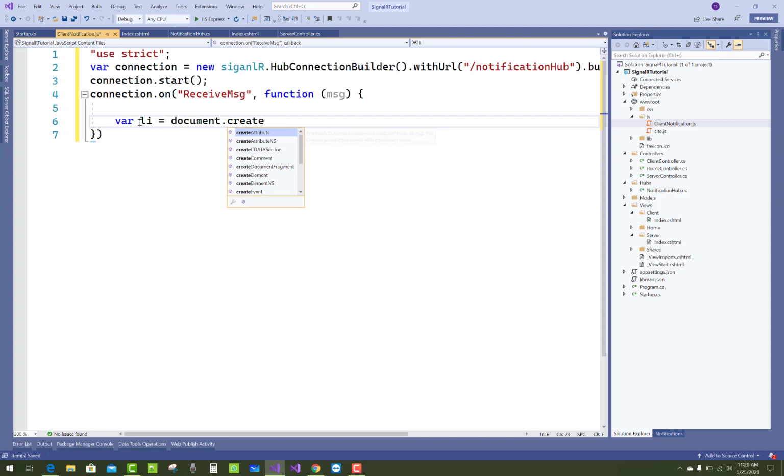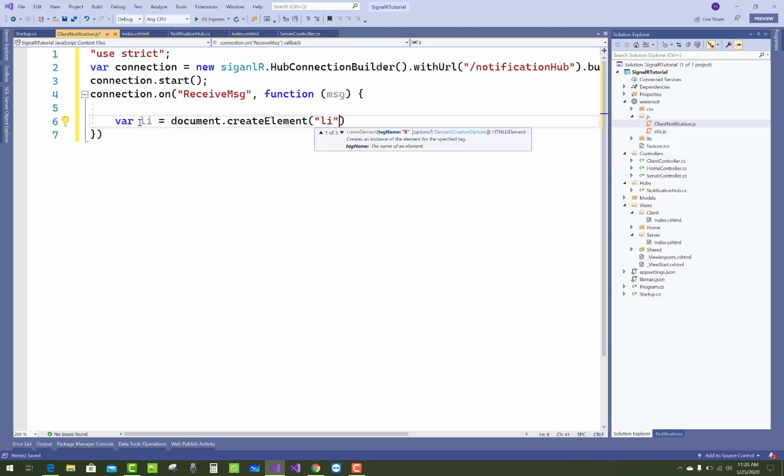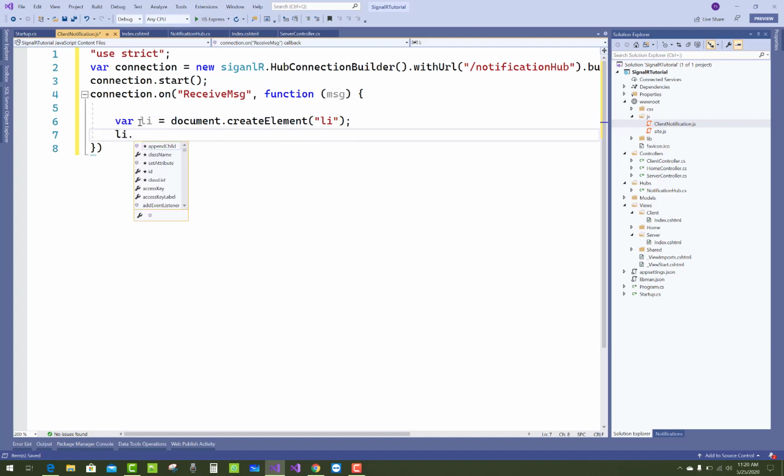Okay, var li = document.createElement li, and append that li also.